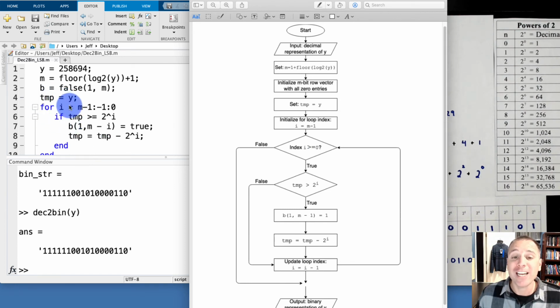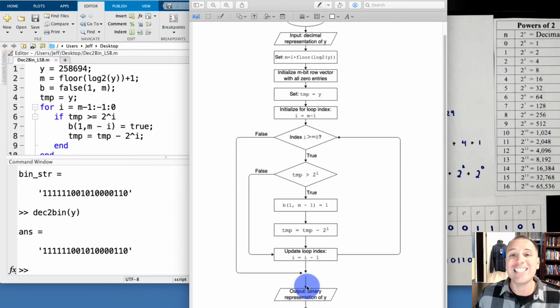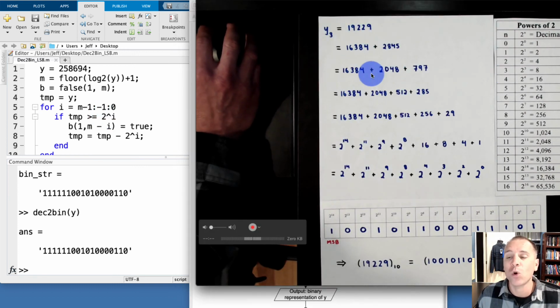Each time we're about to enter our for loop, we make a simple check. Do we have powers of 2 left to be checked? In other words, is our index greater than or equal to 0? If that is false, if we've checked all powers of 2, we exit our for loop and we continue with our program. However, if it's true, we drop into the body of the for loop, and then we're going to check the following condition. Let's take a look at our temporary variable and figure out if it's greater than or equal to the power of 2 to the current value of the index, because that's literally what we were doing in the work over here.